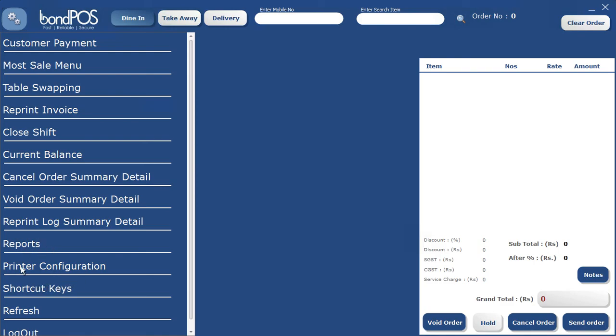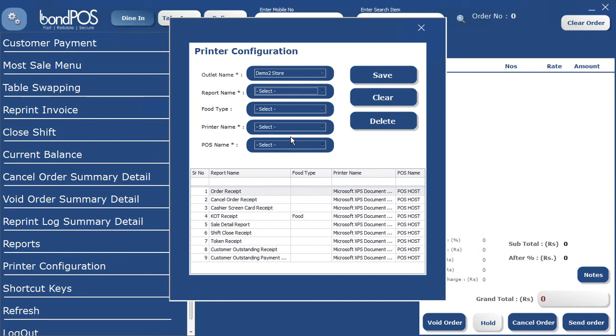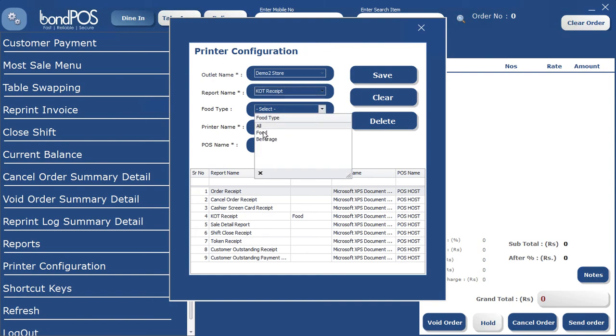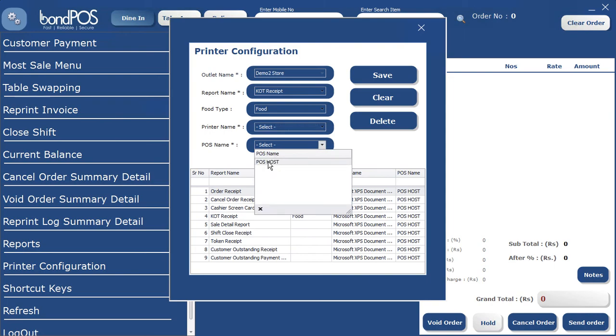Here is the printer configuration. If you have different printers, you can say which report you want to print. Let's say we want to do the KOT and we want to do the veg KOT or the food KOT on one printer, any one printer, and you can choose the POS here. What is the name of the POS? And choose the printer. So food will print in one KOT. If you want to print beverage in a separate KOT, you can do beverage in a separate printer. So food will print in one printer in the kitchen, and the beverage will print in the beverage counter. So you can do separate KOTs for separate